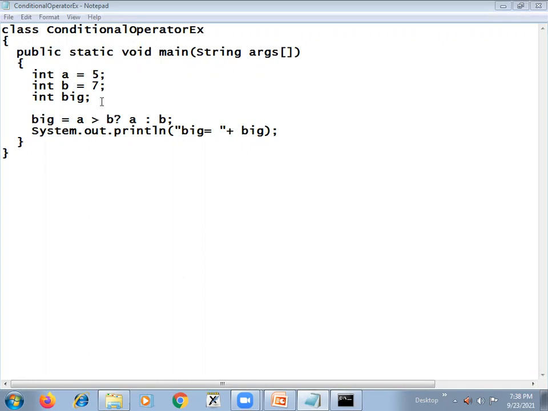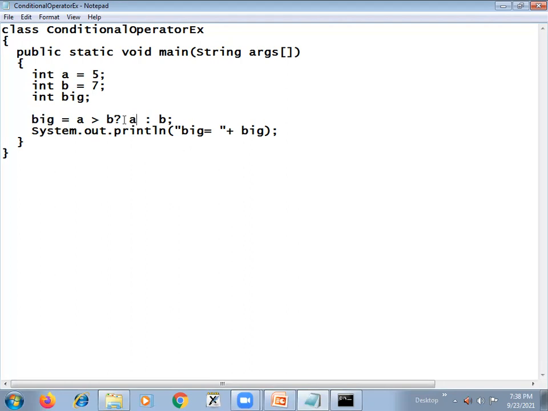But I have to use the conditional operator. So how can I use it? Forget about this, how can you frame the statement? First you have to write the condition, whether A is greater than B. If this is true, what does it mean? A is greater, so it evaluates the second expression. If not, it goes to evaluate the third one.